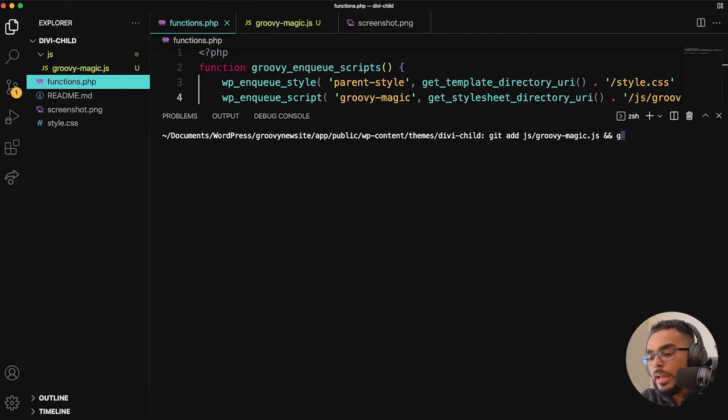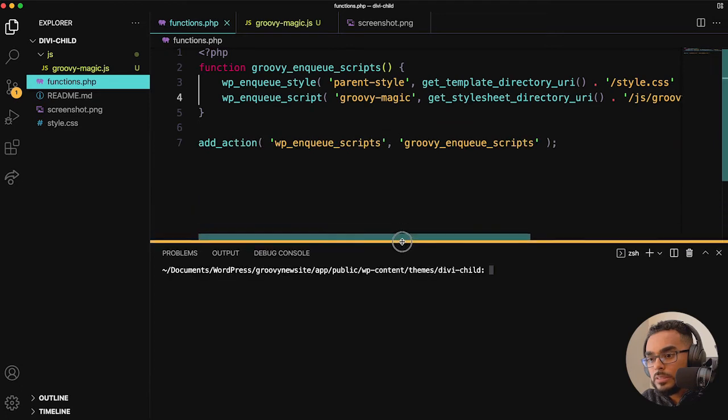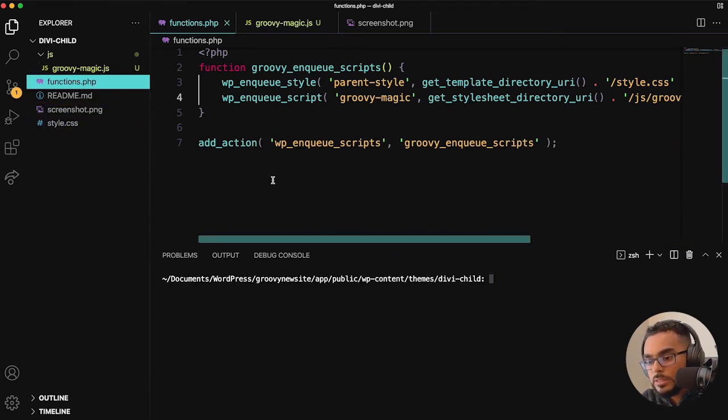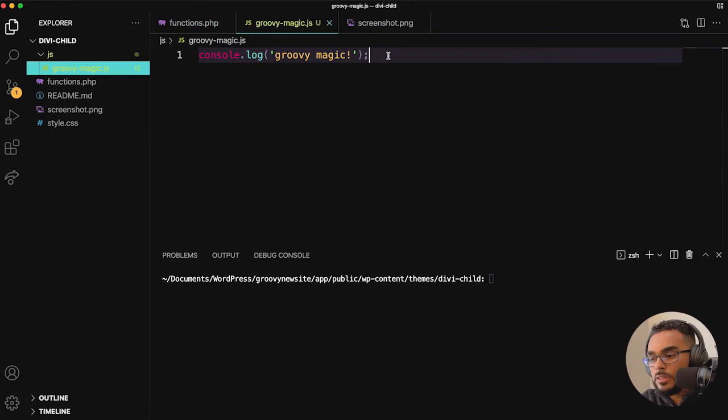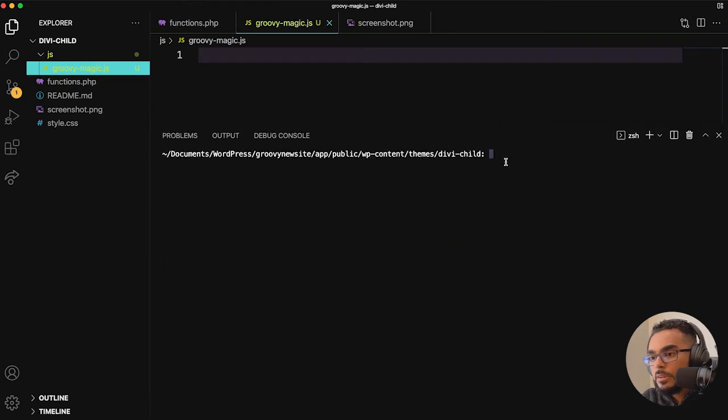All right, before we add this, let's not do that just yet, because it has a console log statement. I don't like to log my console stuff, so let's go in here, delete this, hit save. All right, pull this back up. We're going to hit git add JS and Groovy, and then we're going to do git commit with a message,